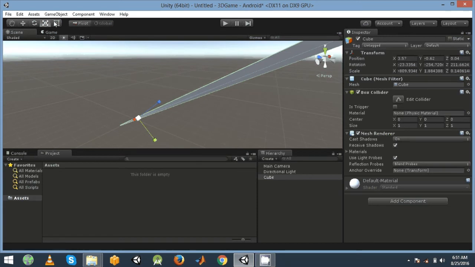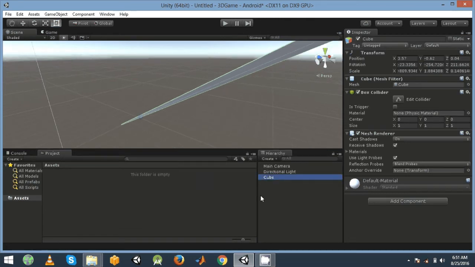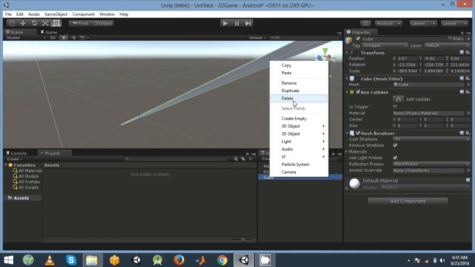Now the fourth option is for 2D. Since we are not making a 2D game, we will not discuss this. We will delete this cube. Now